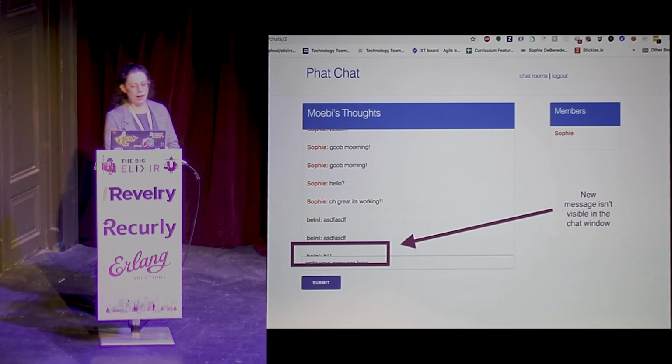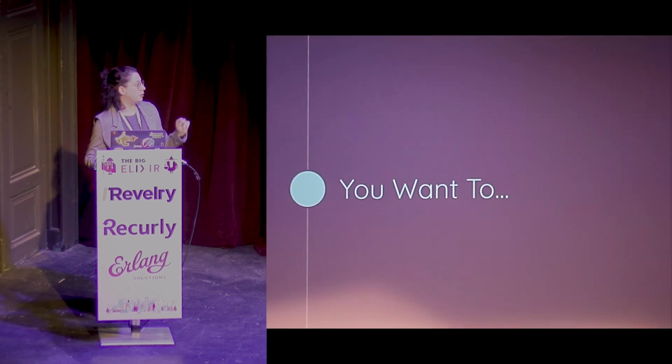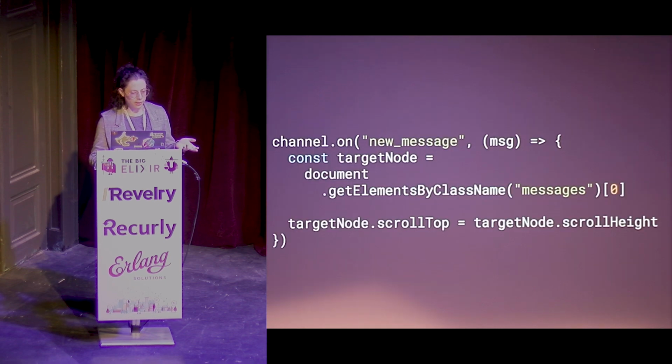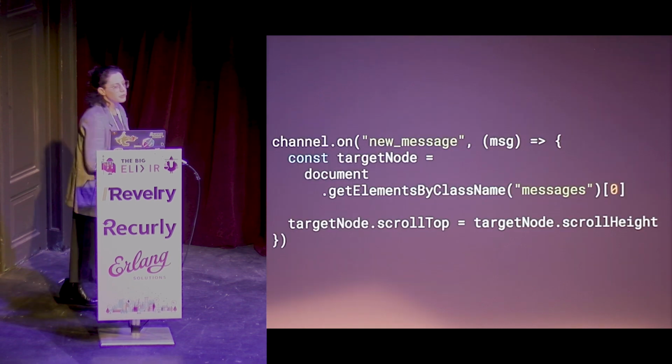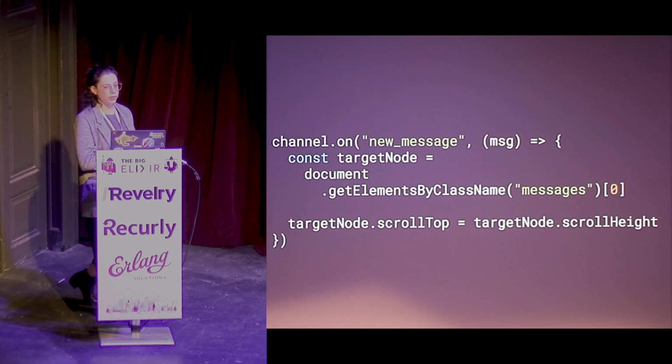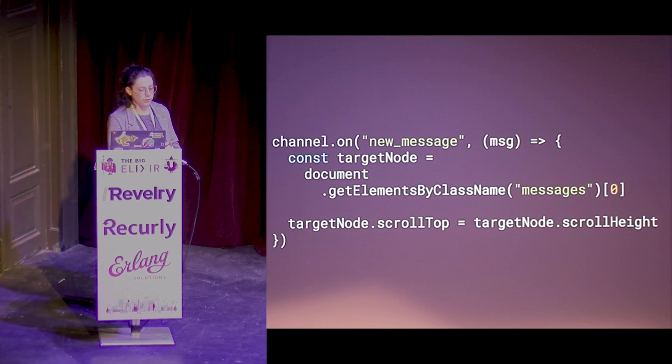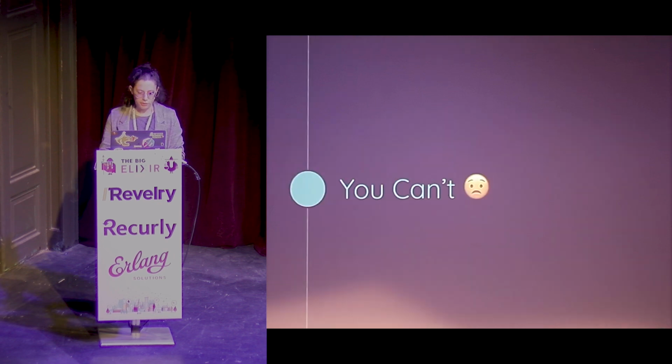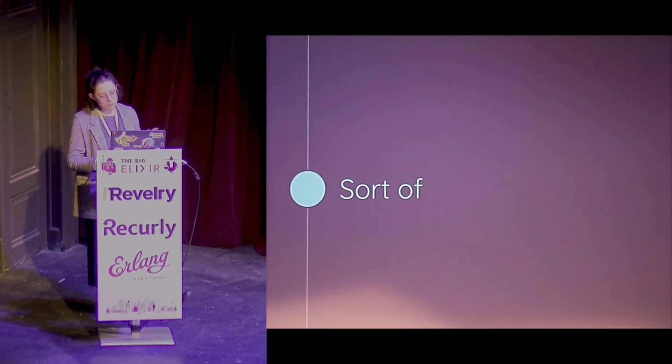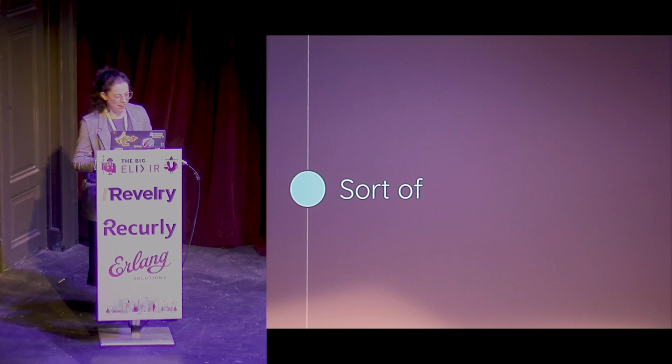This is easy enough to do with just 1 or 2 lines of JavaScript. Even I know this. You would grab the height of the chat window and you would set the scroll top accordingly. What you really want to do, especially if you're familiar with Phoenix channels, you're going to find yourself reaching for something like this. You wish you could write just a little bit of code on the front end that listens for the arrival of those new chat messages, grabs the chat window, and adjusts the scroll top. That's what you want to do. You can't. You kind of can, and I'm going to talk a little bit about